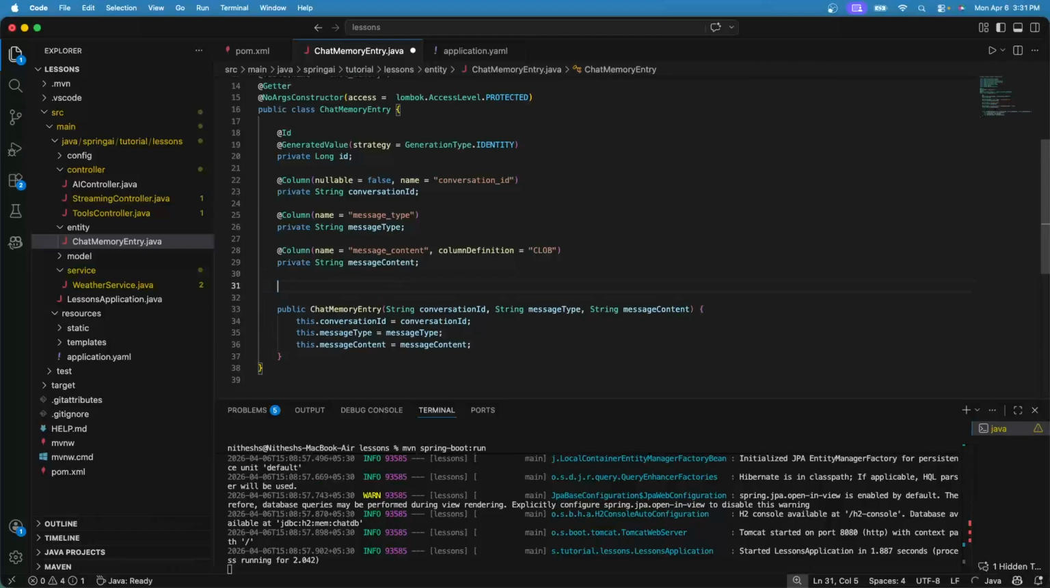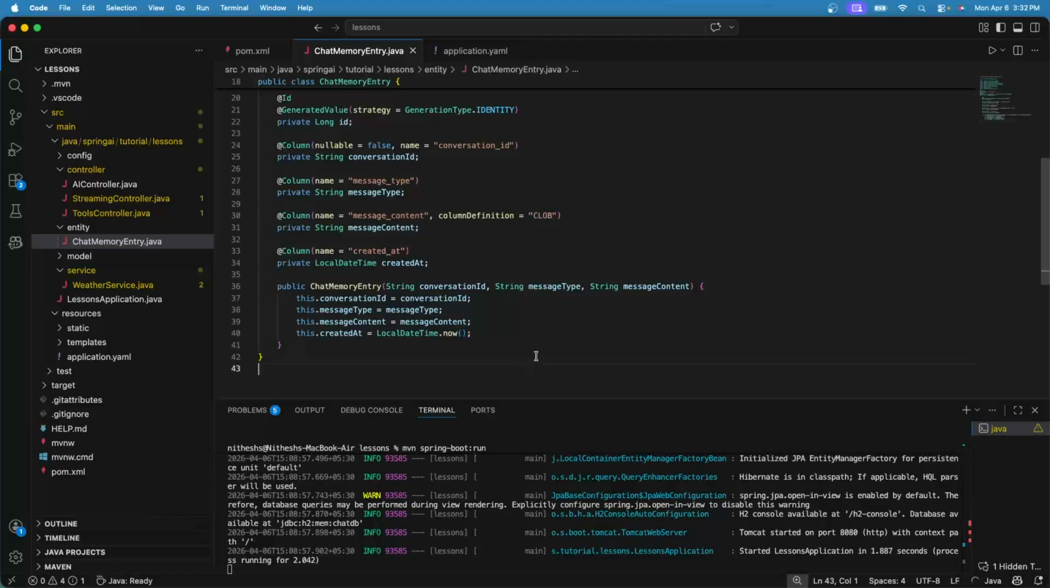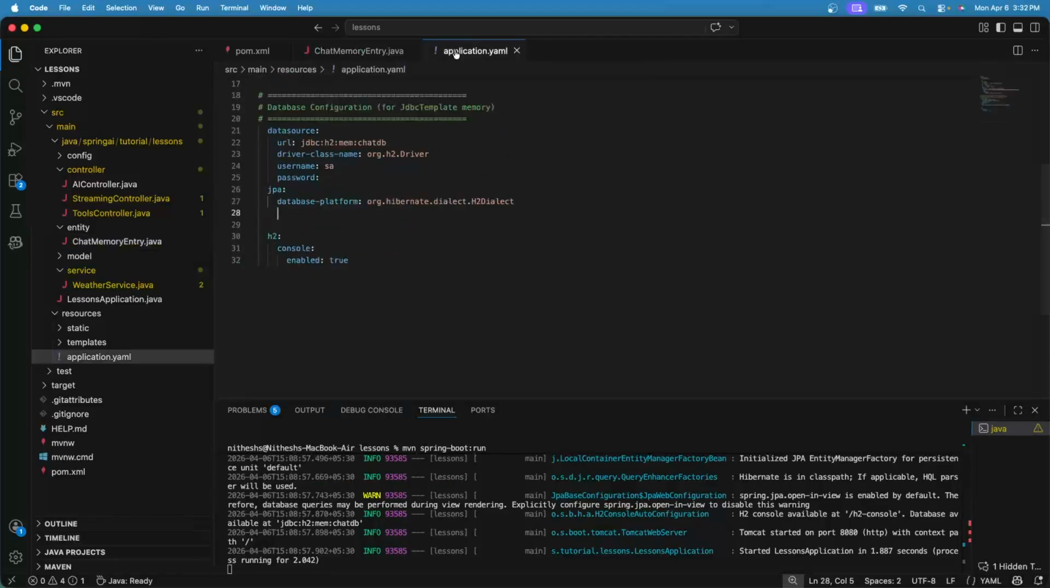Also, let me define one more column for the timestamp. Instead of SQL timestamp, I'll use LocalDateTime. Let me rename it as createdAt, then initialize it. I think we now have the complete entity definition. Let me update some JPA properties. Hibernate DDL auto update, so that whenever I restart, if the table is not already created, it will create the